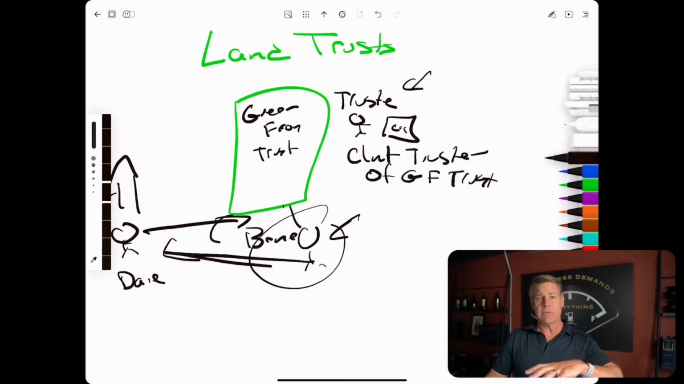Well, if I set that type of trust up and I told Dave, hey, transfer the property into Clint as trustee of the Green Frog Trust, Dave's going to assume, well, Clint, you're going to kick me out of the property. You could rent the property out, collect the rents. You could live in the property. Well, that's not